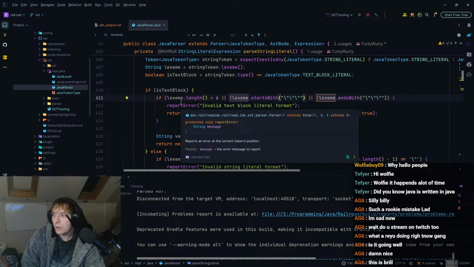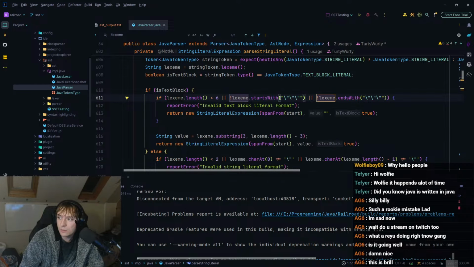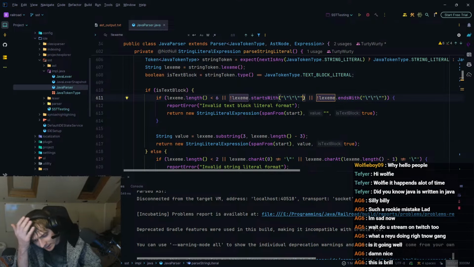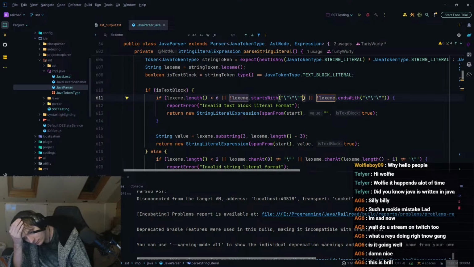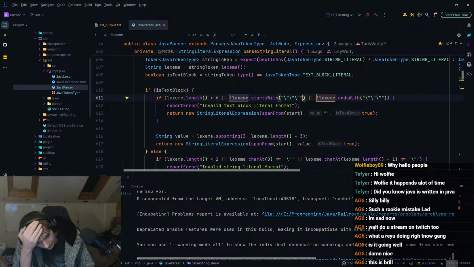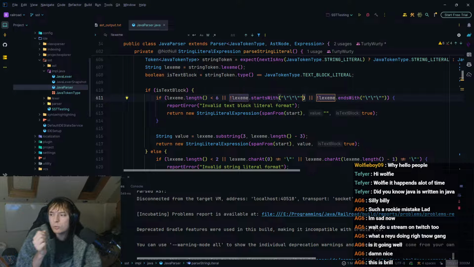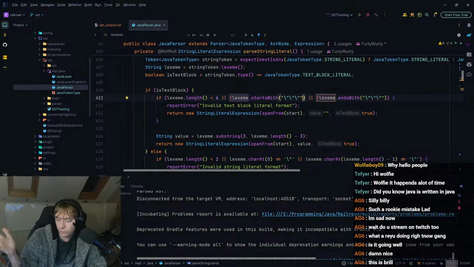We have to figure out a way that we can determine if we're parsing this or not. I think the best way to do that is... also, one second.